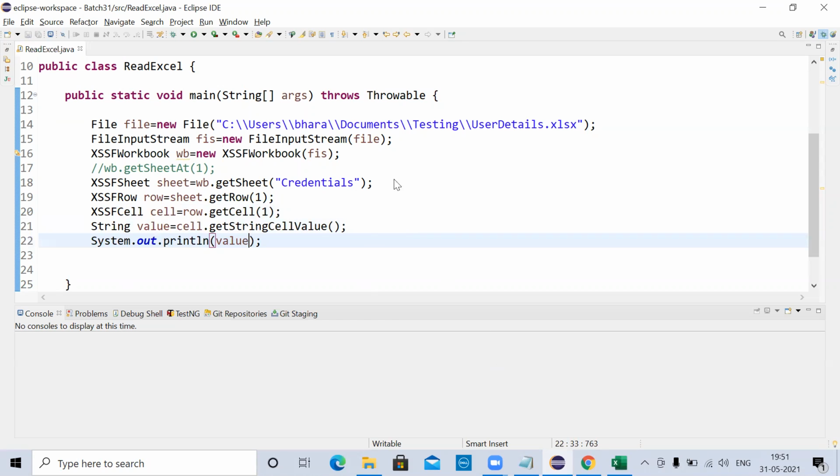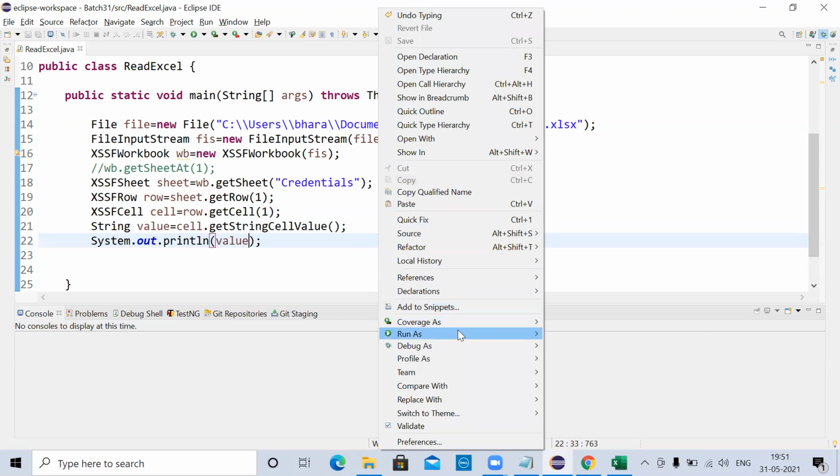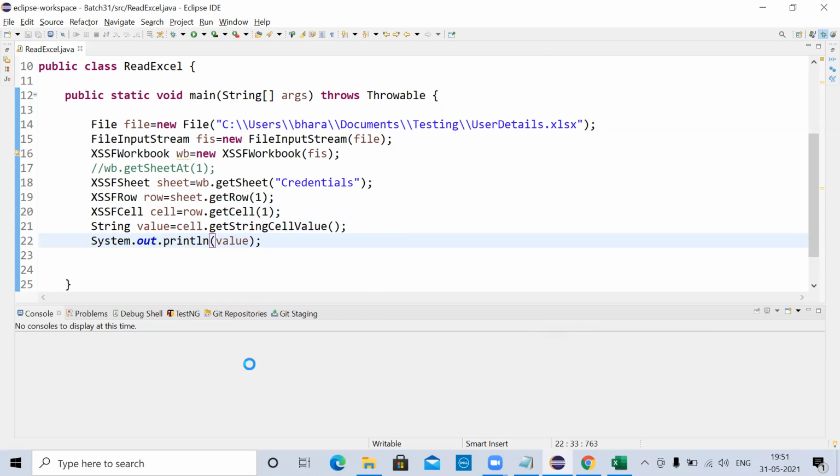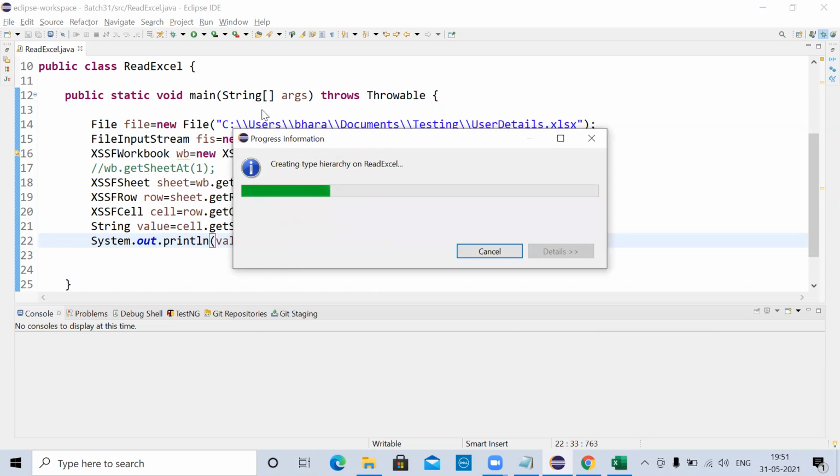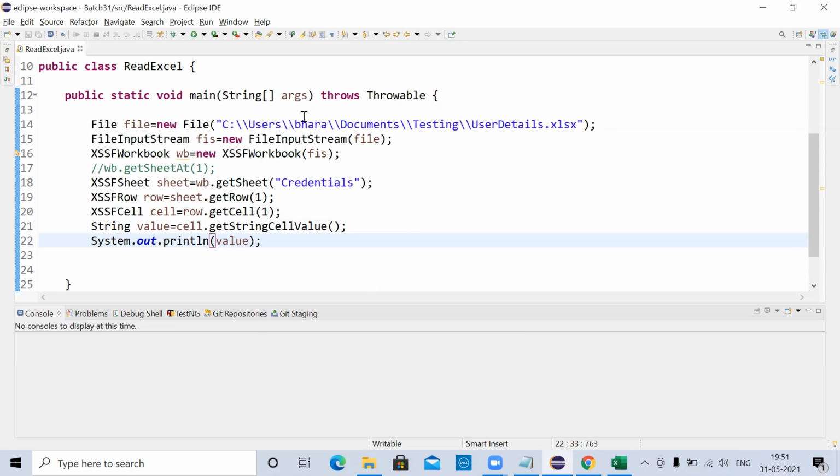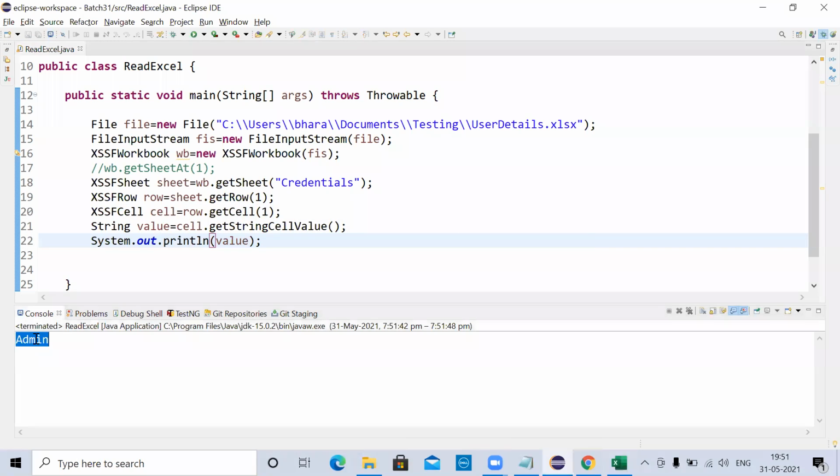So once you run this program, automatically you will get the value as admin. Yeah, so it has printed the value as admin. So in this way only, we have to read the data actually.